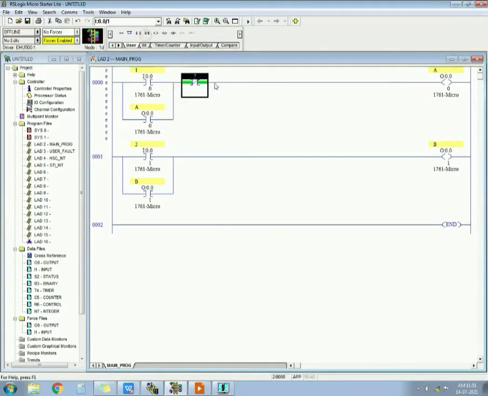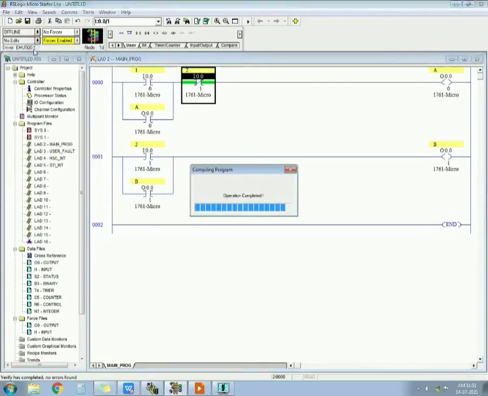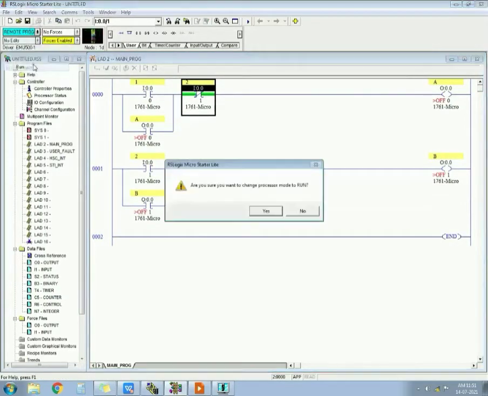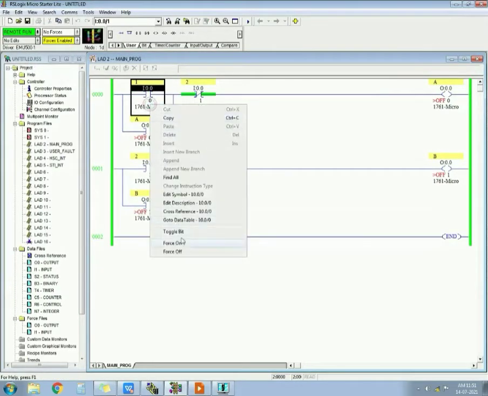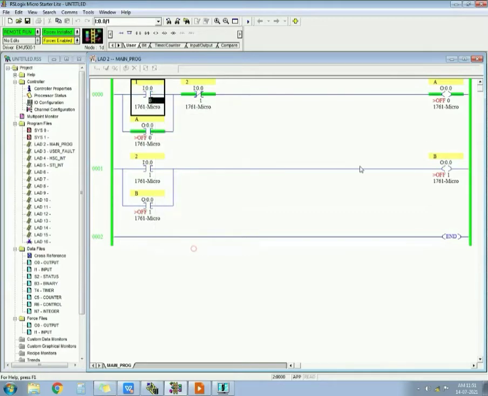When I take NC, I give the addressing of the second push button here, I1:0.0/1. Whenever I force on this, this will automatically get forced on. When you press this input, force on, force off, when the push button is pressed, it gets on.